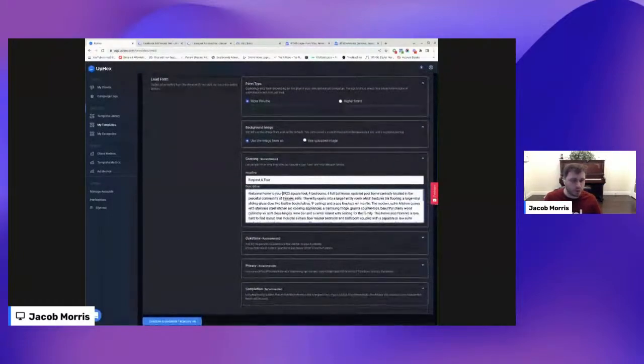All right, so welcome to, we're going to swap this out for number of square feet. Okay, so welcome to that number, square foot. Then we're going to do number of bedrooms, right? Number of bathrooms. Okay, so full bathroom, updated pool home, centrally located in the peaceful community of, and you know what, I'm actually